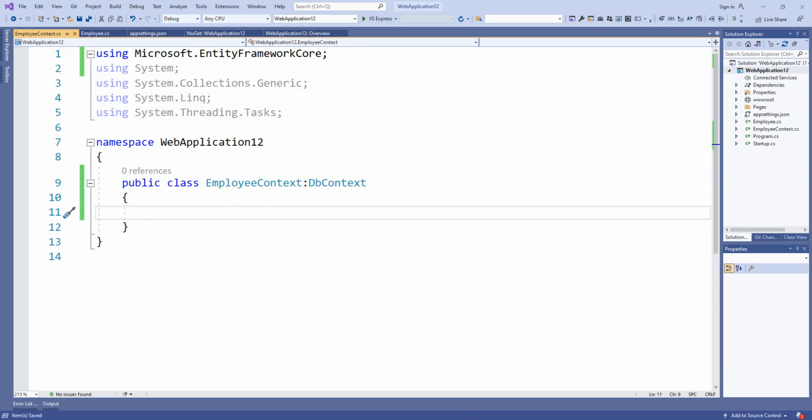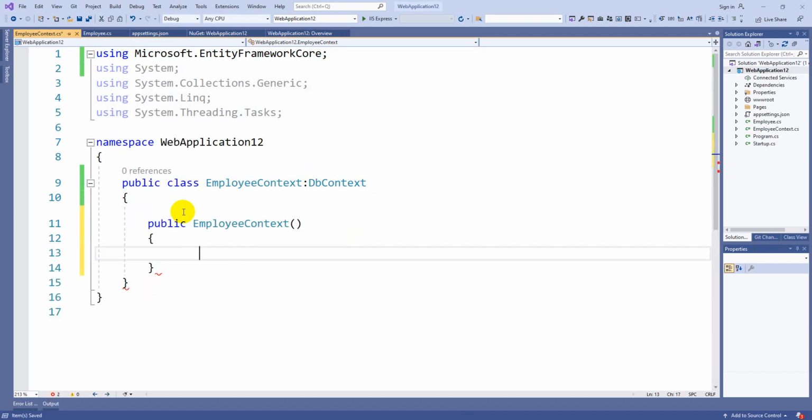Now here you should do one thing. You have to prepare the constructor, and here the options are going to change. Normally in .NET Framework, we pass the connection string, some db connection, here. But in Entity Framework Core there is a small change.